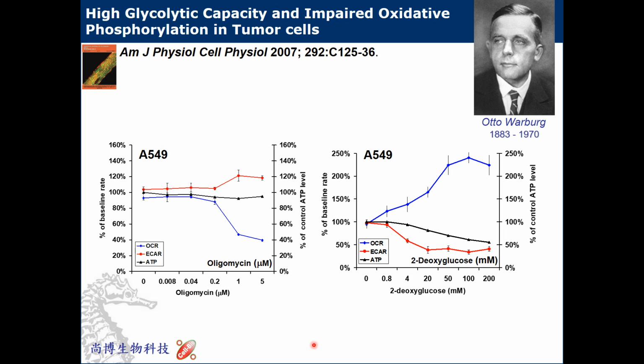Let's see the left figure first. We injected oligomycin, pretreated with oligomycin. It is a specific inhibitor of complex 5, ATP synthase. As we increase the concentration, you will see OCA decreased. But if a cell wants to stay alive or make the cell function work normally, you need to keep the ATP supply stable. So you can see OCA decrease, then ECA will feedback to try to make the ATP supply